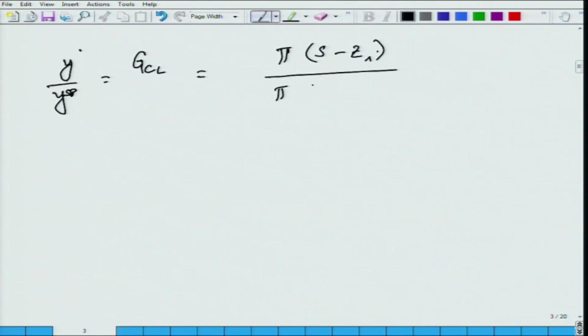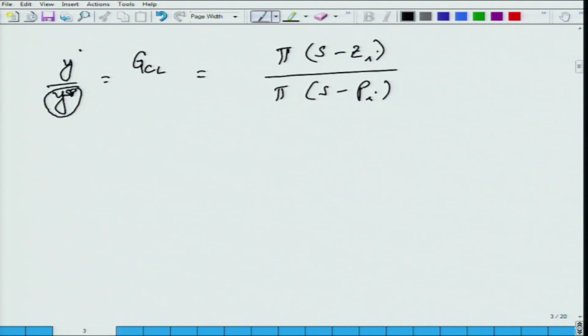or any transfer function, closed loop, open loop, whatever. So, for example, y over y set point, any transfer function will be a bunch of poles and zeros. So, okay, let us say this is a product of some bunch of zeros, and the denominator simplifies to a product of a bunch of poles. And now let us say,